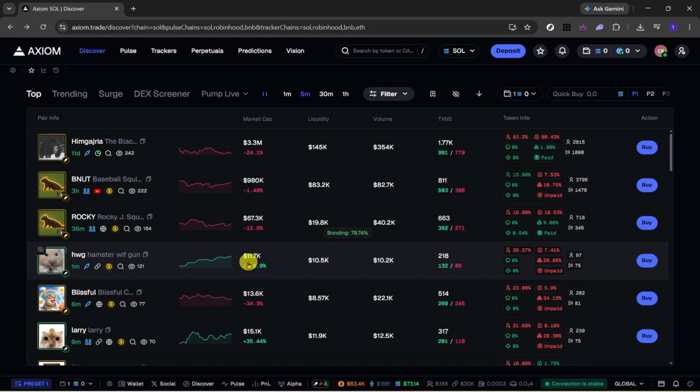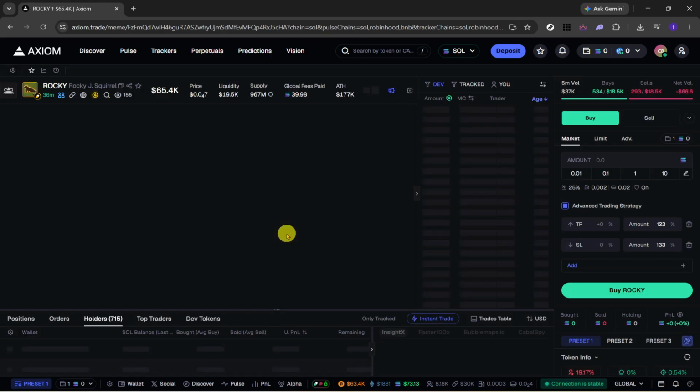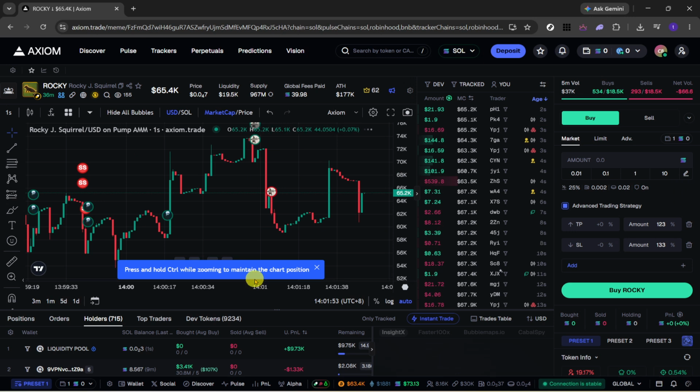To begin, open the Axiom Discover page on the Solana view. This is the area where you can browse coins and explore activity across the platform. Once you're on the Discover page, click on a sample coin to open its details. For this tutorial, the exact coin doesn't matter, since the goal is simply to demonstrate how to locate a wallet